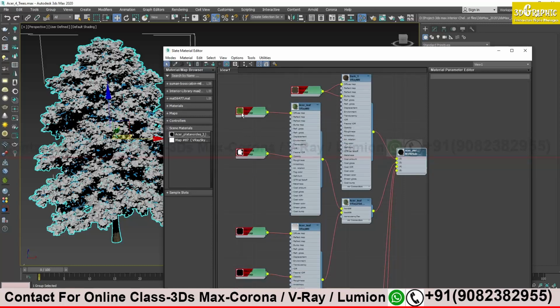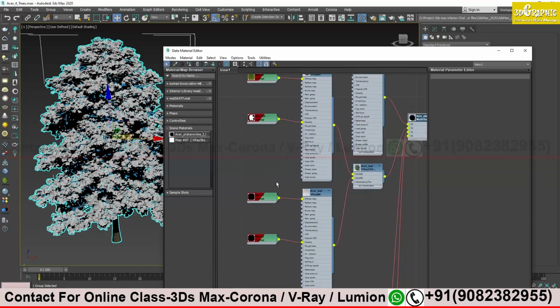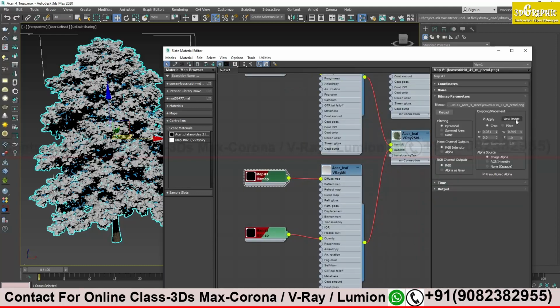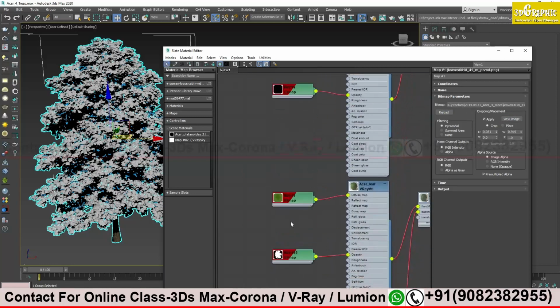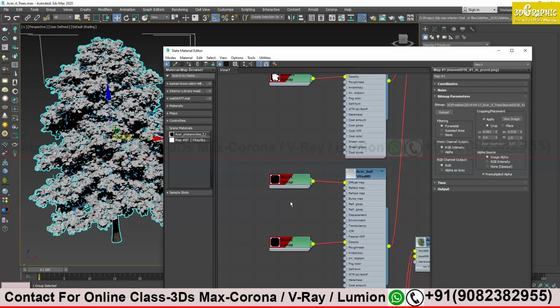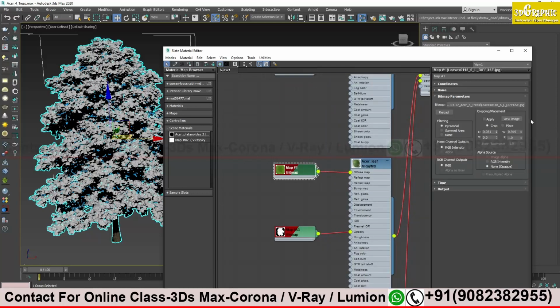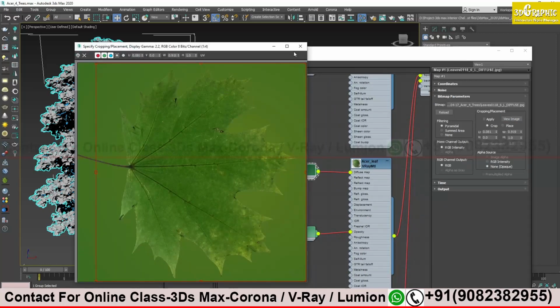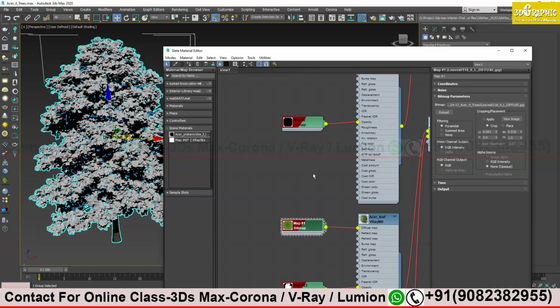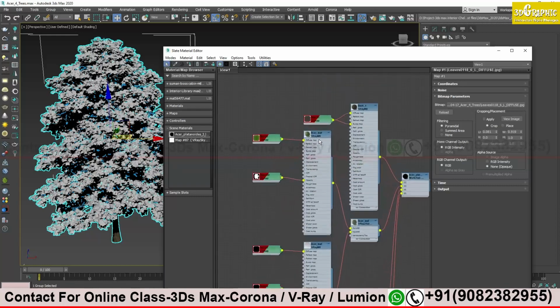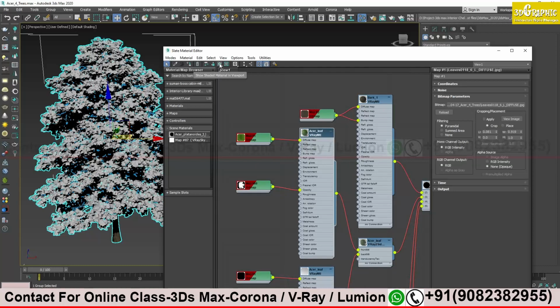Okay, you see these are the textures which are applied on my 3D model. This is the bitmap. It should be some texture over here. It's okay, no problem if it is not coming. Most of them which you need will come. So these are the leaf textures. By default Max will not show them because it will hang your computer. If you want, you have to click on the material and then show in viewport.